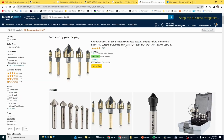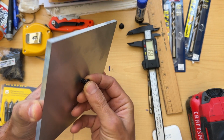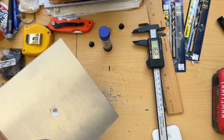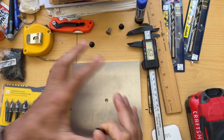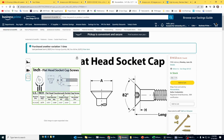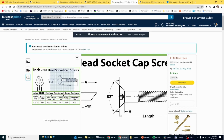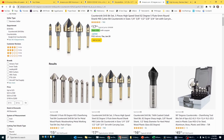And then you will have to buy a drill bit to countersink the plate, to make space for the head of the screw, so that the screw goes through and it's flush. So when you put your pot on it, it doesn't stay, it's not all wobbly and weird. And again, if you buy these screws, they are 82. They have an 82-degree angle. That flat head has an 82-degree angle, so you want to buy the 82-degree angle bit to countersink that same